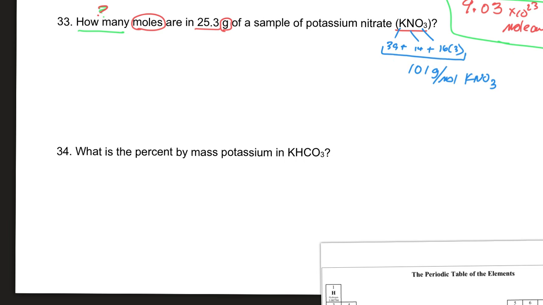I am using whole numbers. You want to be accurate. If the problem is asking you for accuracy, you definitely want to be accurate. But for the simplicity, I'm going to go ahead and use whole numbers. Since we are looking for how many moles, I'm going to start with the starting amount here, and I'm going to go ahead and write down